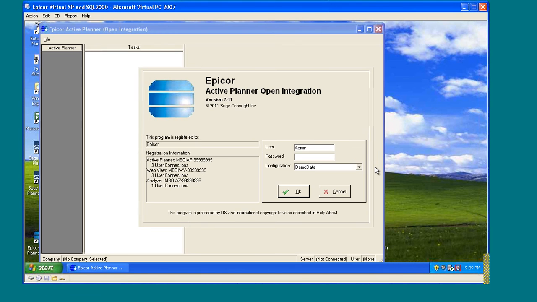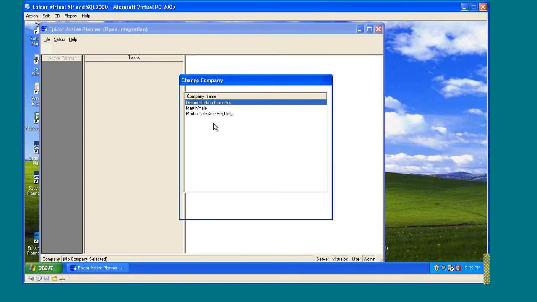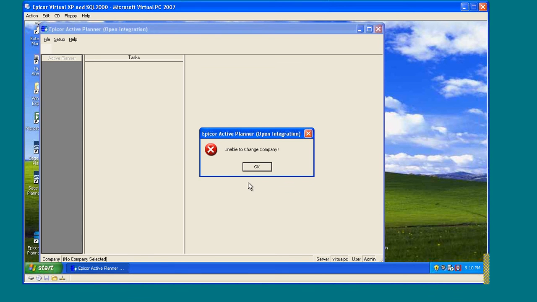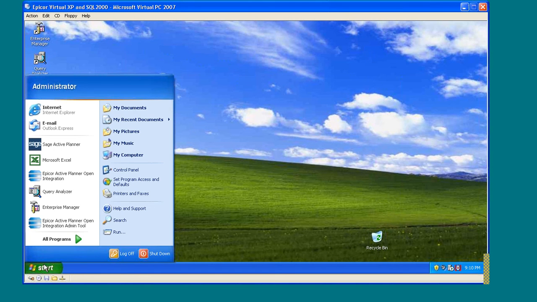whether or not anything needs to be done to the Active Planner database. So let's go ahead and log in. And as soon as we do, we should see a message telling us that the database needs to be updated with the current stored procedures. So this is just letting us know that we need to refresh the stored procedures. Very easy for us to do. What we're going to do is go ahead and go into